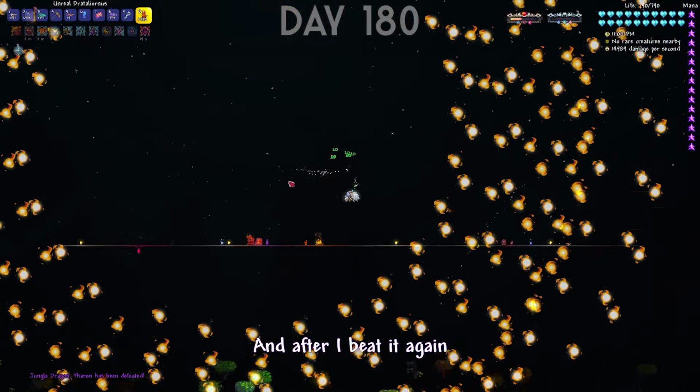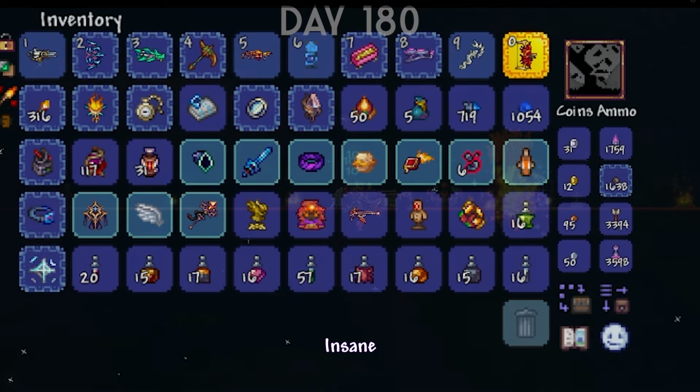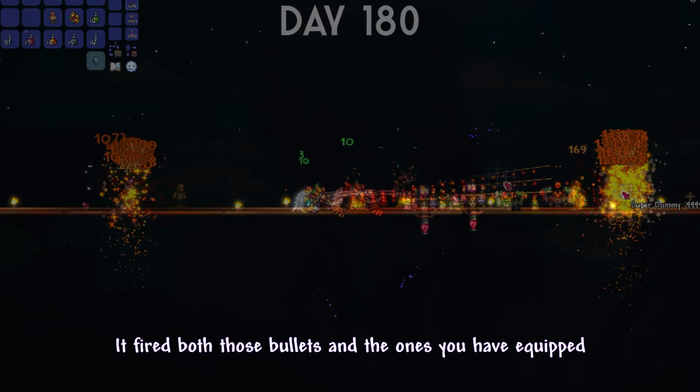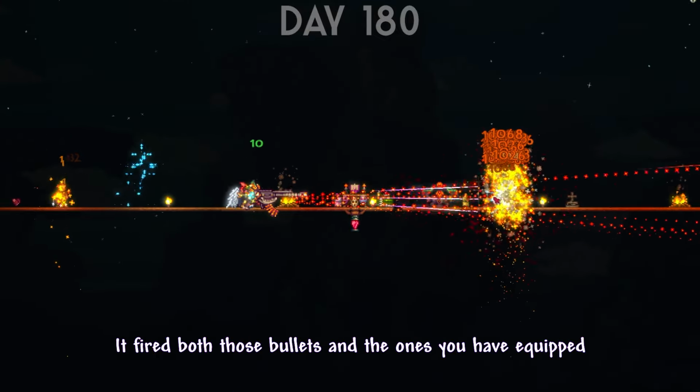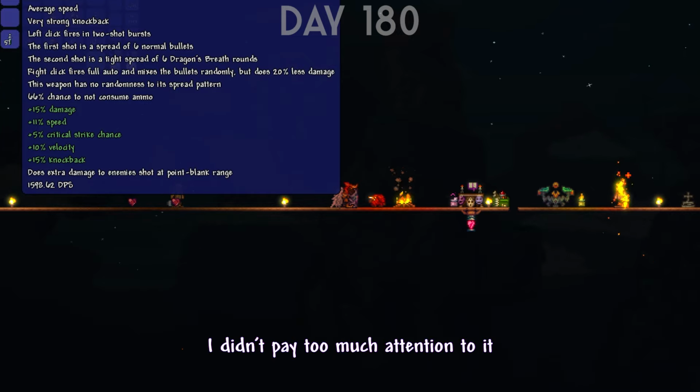And after I beat it again, I got the Dragon's Breath, which I didn't realize at first, but it was insane. When you left clicked, it fired bullets which exploded on impact, but when you right clicked, it fired both those bullets and the ones you have equipped. But since the damage on the Super Dummy was lower than the minigun, I didn't pay too much attention to it. Now I believed that I was prepared to try an attempt at the next boss called the Exomex, but